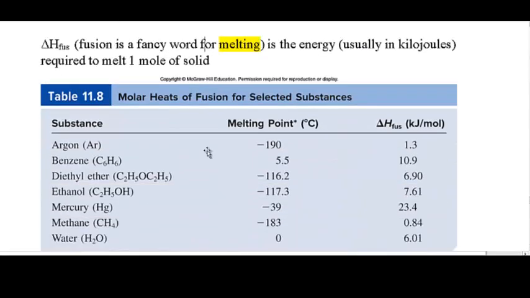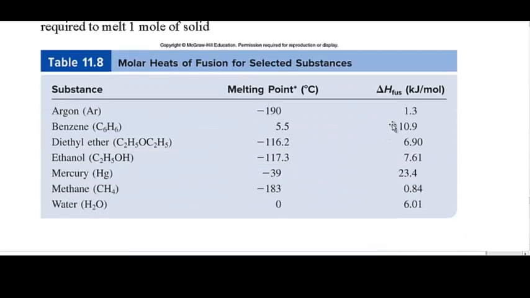So here are a couple of substances and their melting points. Again, notice the structure and the type of intermolecular forces. So benzene, pi bond stacking, takes 10,900 joules to melt 1 mole of the substance. Diethyl ether, dipole-dipole interactions, polar bonds, hold these molecules together, and it takes 6,900 joules of energy to melt 1 mole of the substance. Ethanol, hydrogen bonding, 7,000 or so, a little bit higher, to melt 1 mole of ethanol,